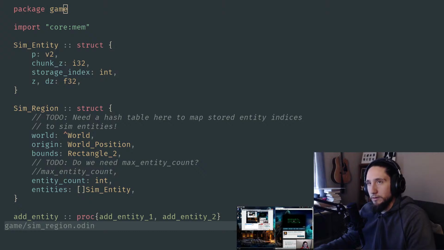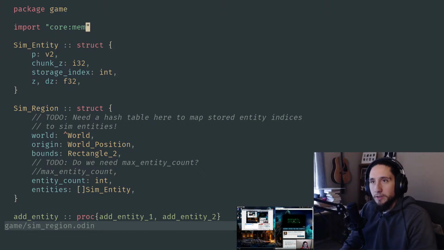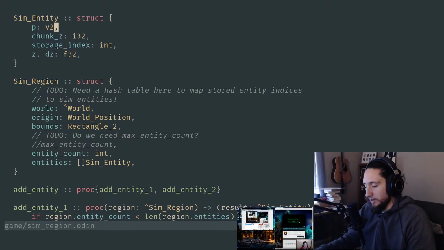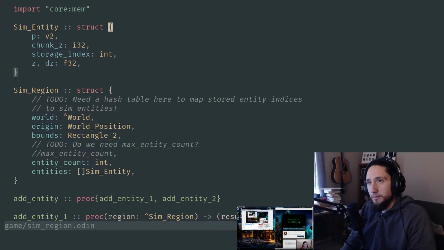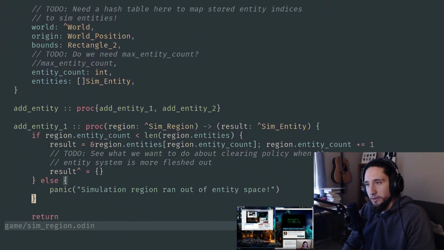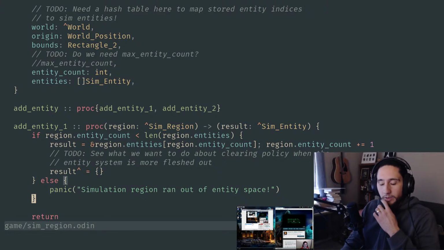And so yesterday, we were focused on establishing this simulation region concept in the code, where Casey had this idea to essentially cement this understanding of high versus low frequency entities by thinking of them in terms of entities that are being simulated. Movement is being simulated, state updates are happening, versus being stored where they are simply not being